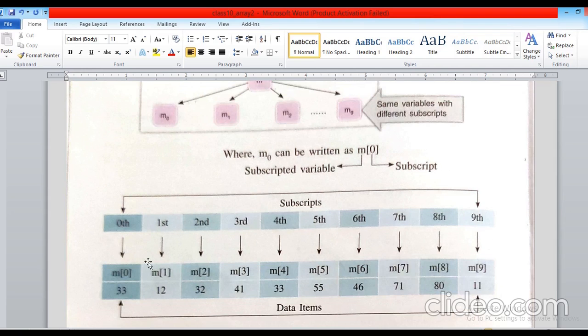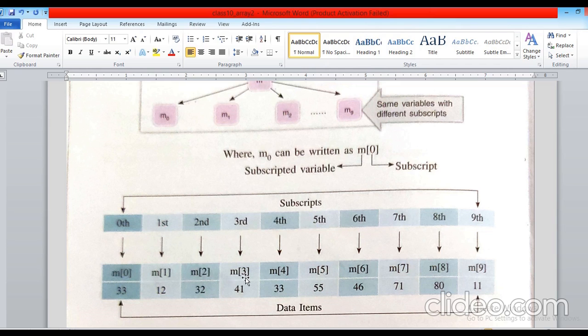You can see here these are the subscripts, or you can say their position or their address. On their address we are placing different values or the same value. That value goes to their memory location. The first value goes to M of 0, meaning the 0 position. The second value goes to the first position. M of 2 means the third value goes to the M of 2 position.